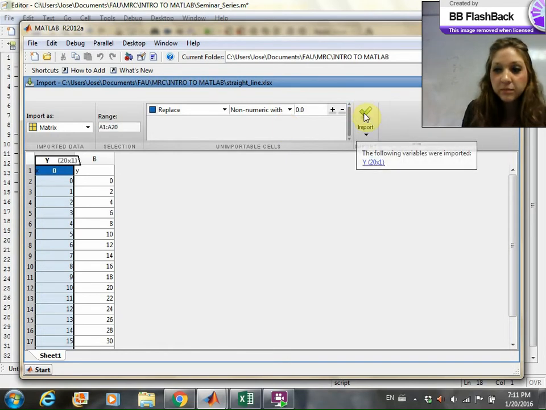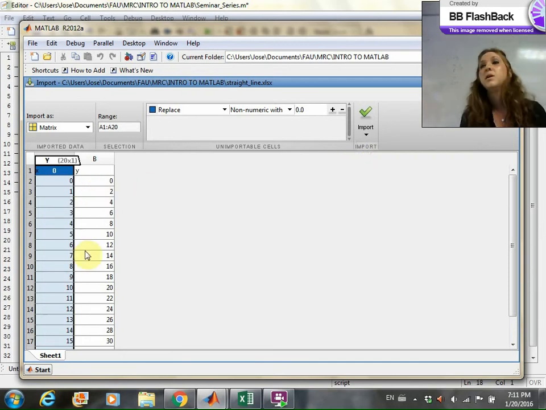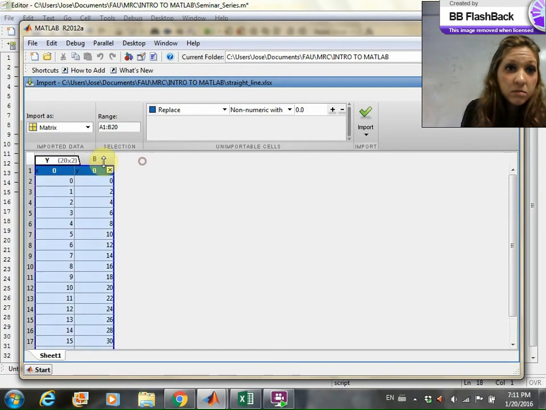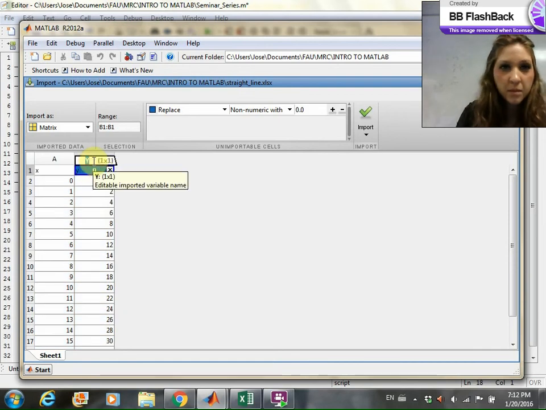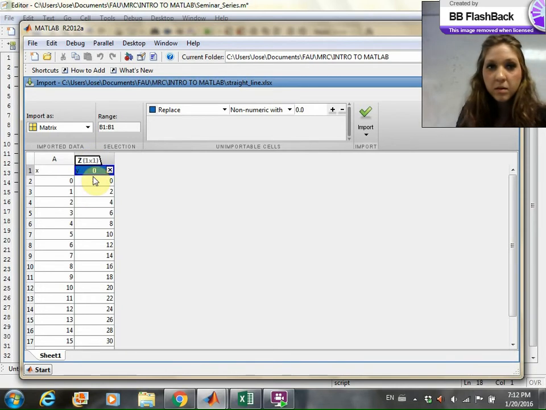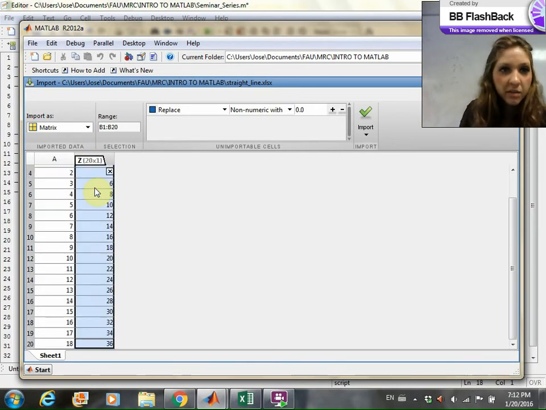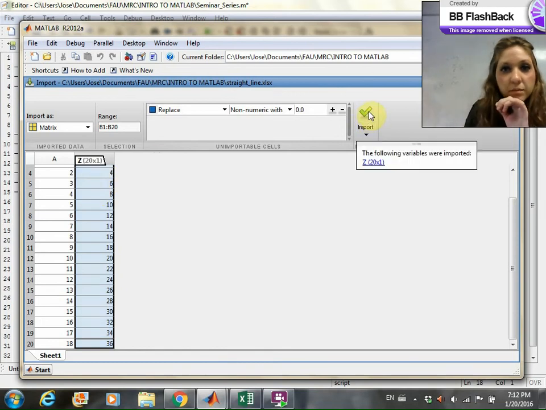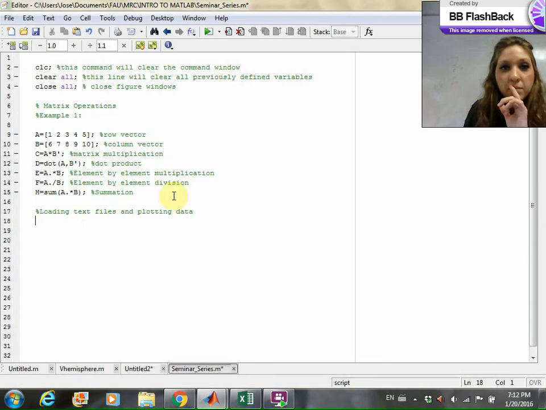Click on that, and it'll say the following variables were imported: Y, and it tells you the size of that vector, or that column, I guess. You can hit Shift and select the whole thing. So that one we called Z, and it's the same size as Y. So we're going to open up our editor window,